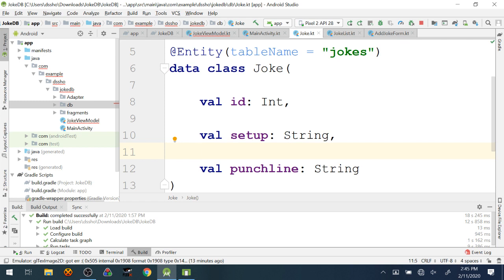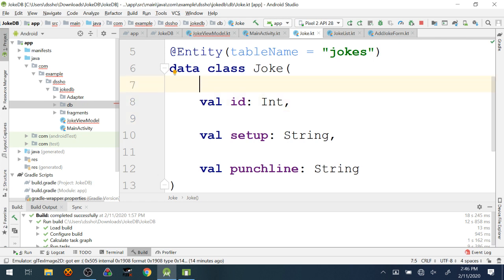We're going to set up some properties that relate to how these values are going to get stored in the database. So for example, there's a way to specify what I want the names of each of the columns to be in this table. So if we're envisioning what this database looks like, I have a table called jokes. Right now it's going to have 3 columns: ID, setup, and punchline. ID, setup, and punchline are the columns that I'm expecting to see. And so for every joke, I'll just see the values, right, in those columns. It's a very simple table.